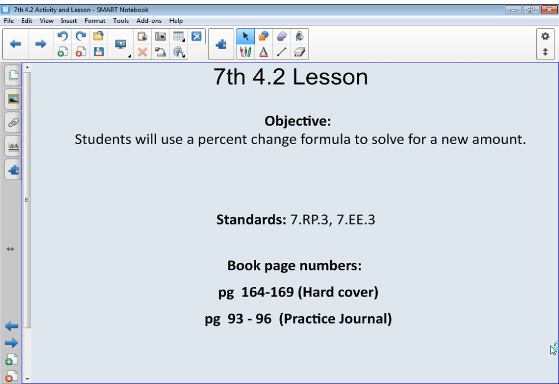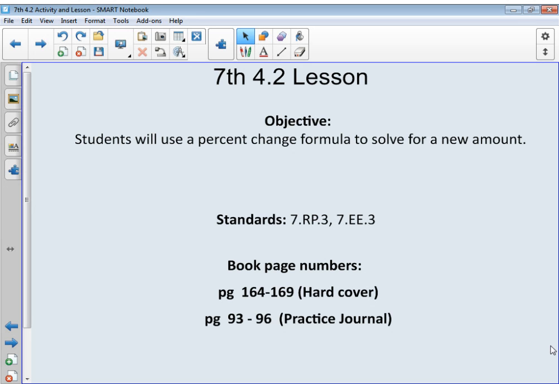Okay, this is seventh grade lesson 4.2. This is actually day 2. Students will use a percent change formula to solve for a new amount. We'll also be working word problems in this lesson. The standards covered are 7RP3 and 7EE3. The page numbers out of the hardcover book are 164 through 169, and out of the practice journal, pages 93